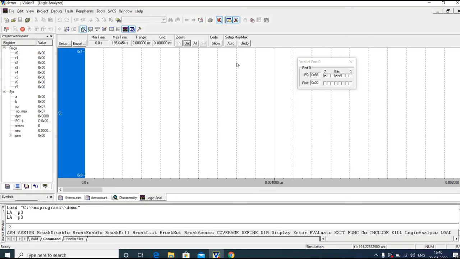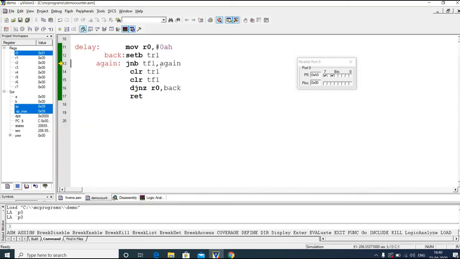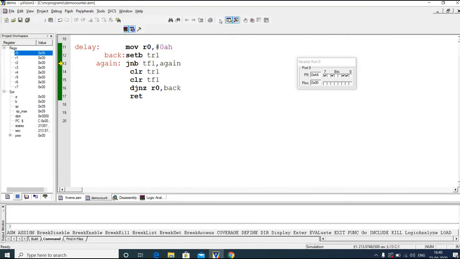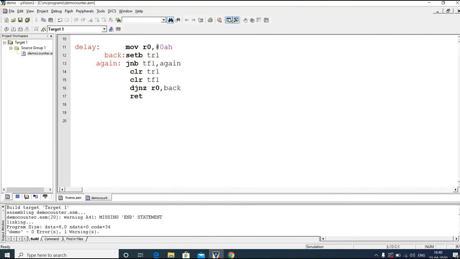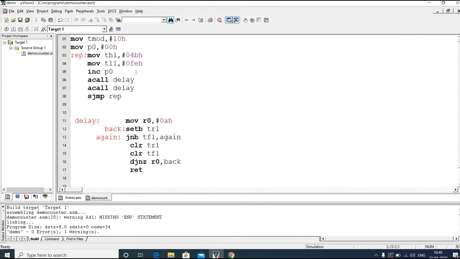So in this way we can write a program to count from 00h to FFh. It is not necessary that we need to count from 00h to FFh.